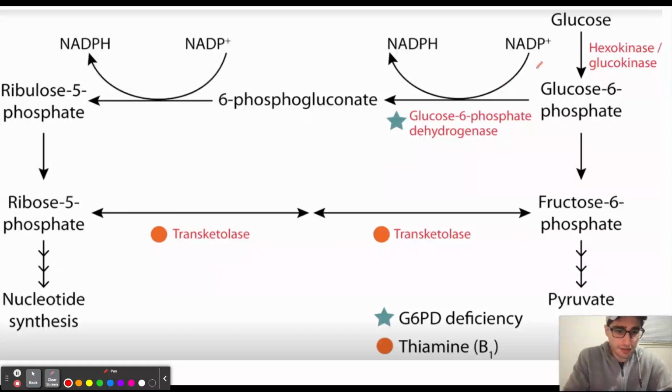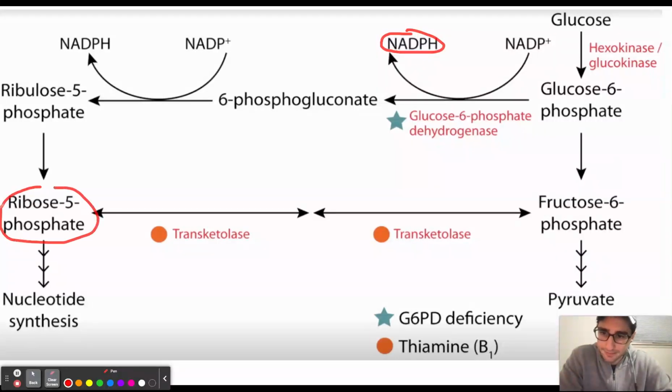The pentose phosphate pathway is going to have two important functions. The first function is going to be to produce NADPH. The other important function is going to be to produce ribose 5-phosphate. Ribose 5-phosphate can be used to synthesize nucleotides, which are important in our DNA, and NADPH is going to have